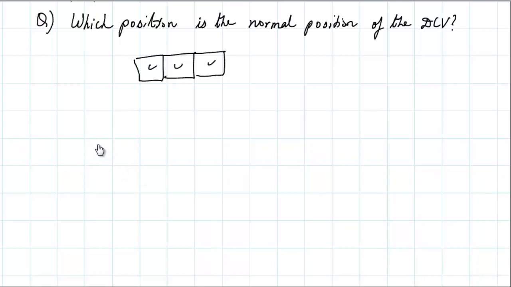For understanding that, we will have to look into what makes the changes in the position. One of the changes may be because of a return spring, or it may be some spool attached to a lever, or it may even be a solenoid that is making the movement in the DCV. So we have to understand them one by one. So let me draw first.